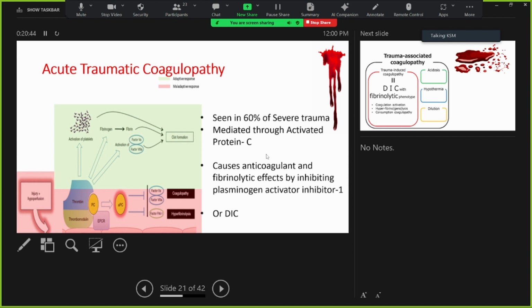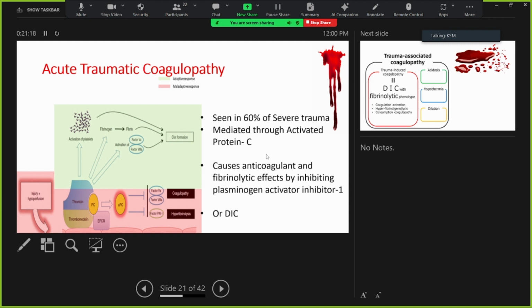you probably have seen this in about 60% of patients. Initially they suspected this: before any resuscitation, they found that in some patients the coagulation had altered even before resuscitation. So they suspected there was some other element causing this coagulopathy. They found out that there is a thing called acute traumatic coagulopathy that is due to severe trauma and the release of cytokines as well as